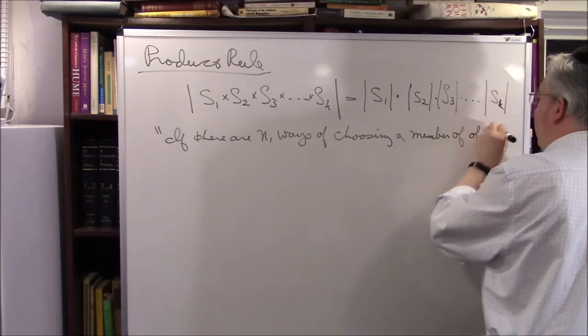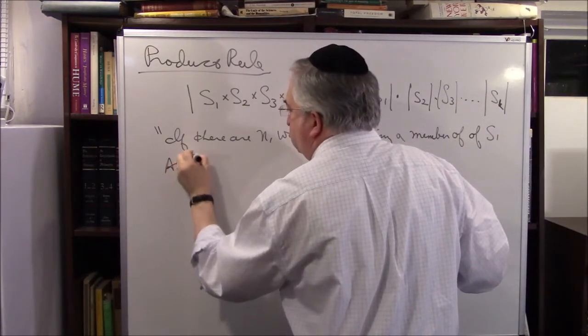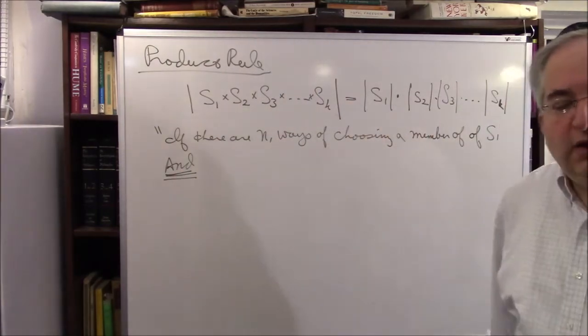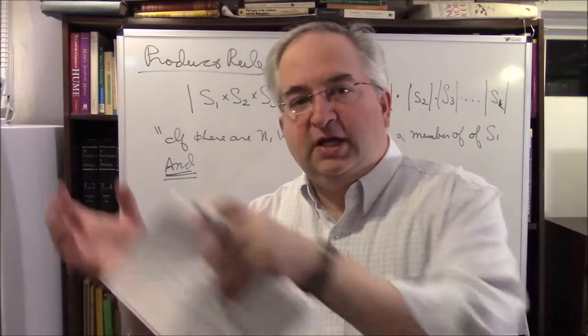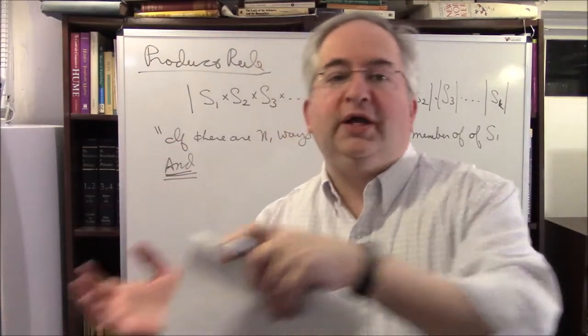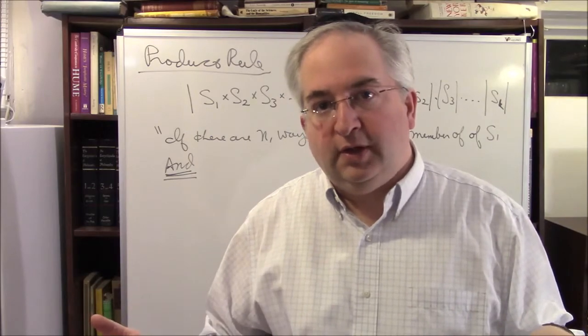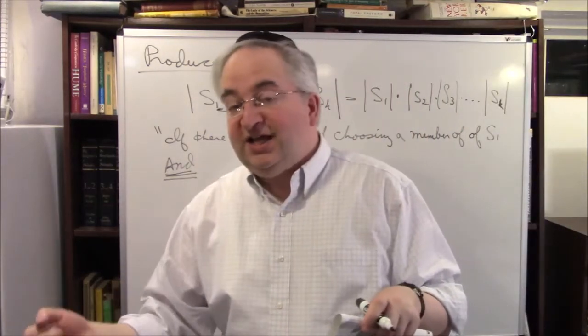Of S1. And, stress the word "and" here. With the union rule, we were dealing with things in this set or in this set. Keyword there, or, union. Here we're dealing with the word "and." Things in this set and